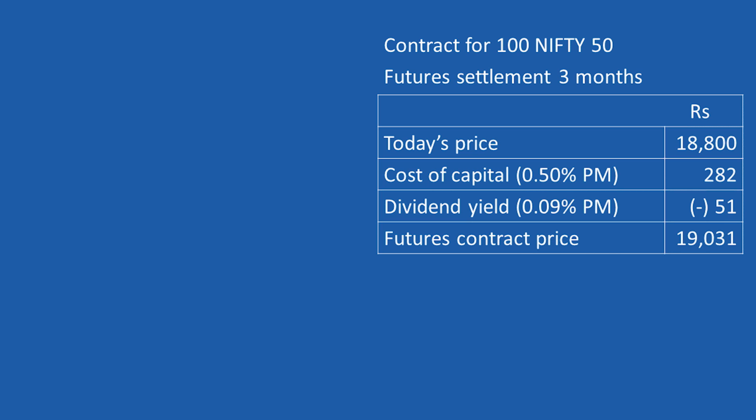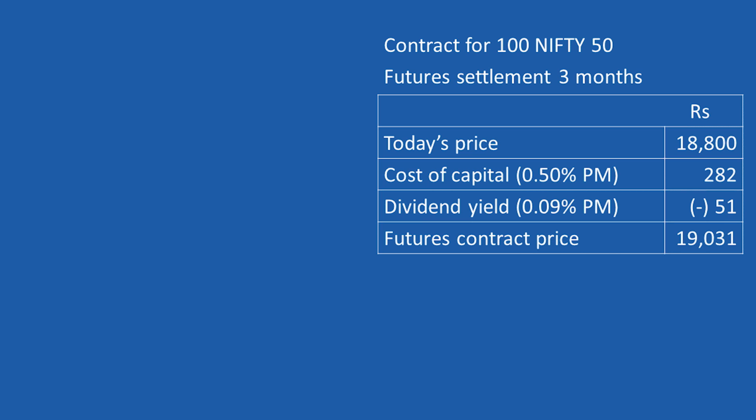That is the value of the Nifty 50 index on the National Stock Exchange. In this case, we will not have the warehousing cost, insurance cost and other costs, as in the example of rice futures. But we will still have the cost of capital, because if we want to protect from the risk of delivering the Nifty contract, let's say 3 months from now at 18,800, then we'll have to invest and hold that Nifty